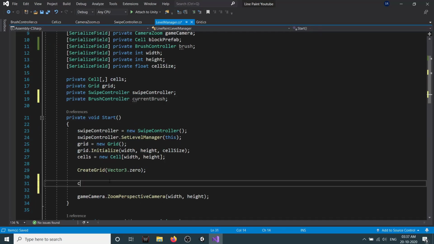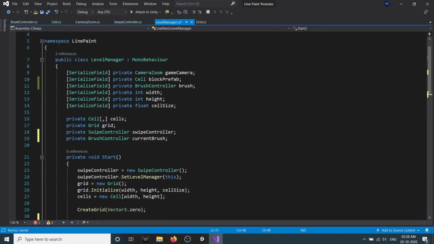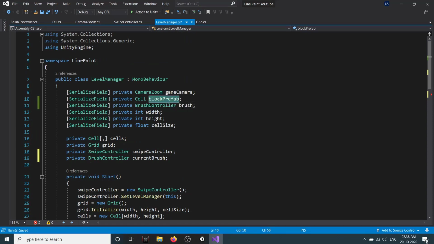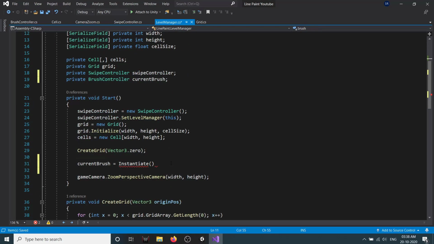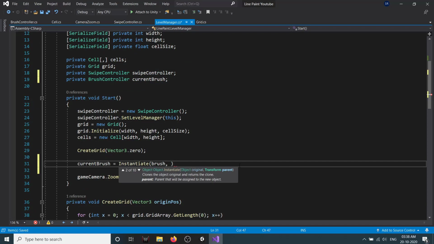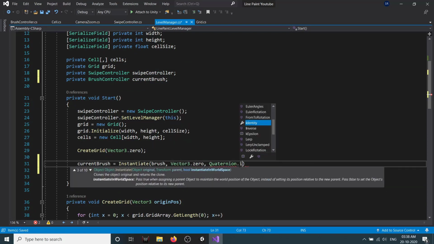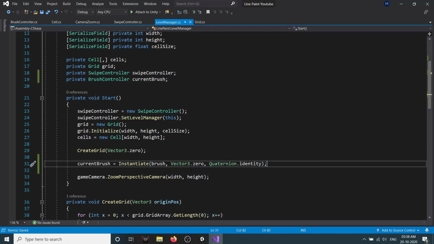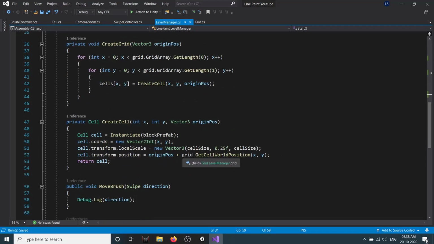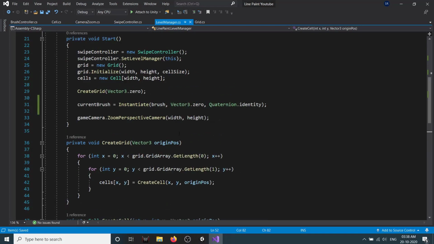So here we'll just create a brush, currentBrush is equal to Instantiate our brush. So now our position will be Vector3.zero and rotation will be Quaternion.identity. Okay, we cannot use this, actually we need to get the position depending on our grid, right? So just copy this and paste it here, and our x will be 0 and y will be 0.